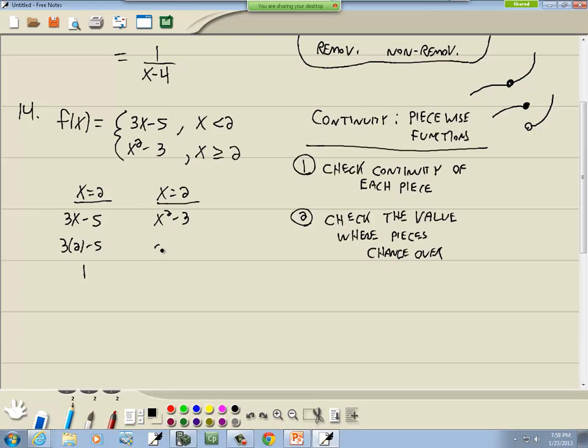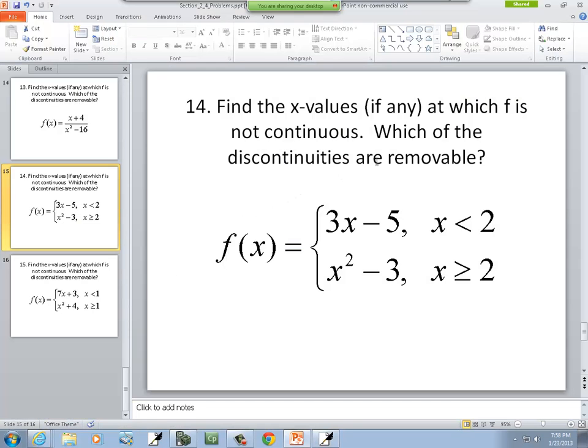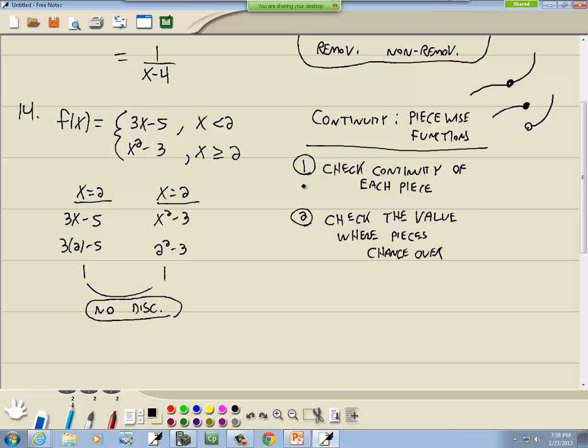And if I put 2 in here, I'll have 2 squared minus 3, which 2 squared is 4, 4 minus 3 is 1. These are the same, which means there's no discontinuities. And that's what they're asking. They're saying find out where it's not continuous, which of the discontinuities are removable. These are both, I'm sorry, this one's,